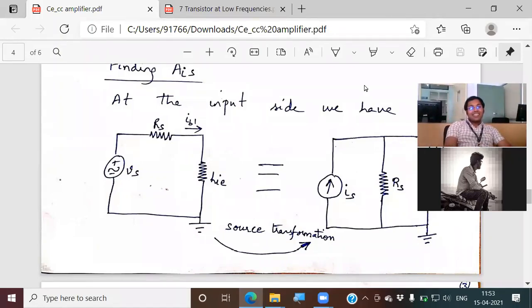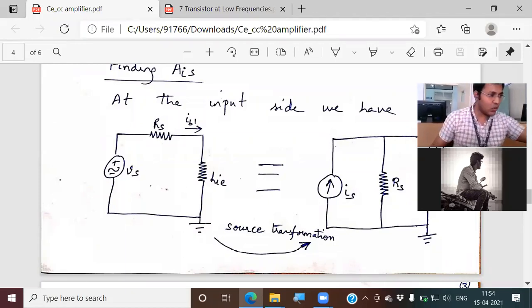This current is equal to the total current into the other resistor divided by the sum of these two resistors. See, these are simple tricks only. KCL, KVL also you can use. A byproduct of KCL is current division, right? Using KCL and KVL, an additional derivation is the current division rule. If you use that, your number of steps will become simpler. So what is the current division rule?